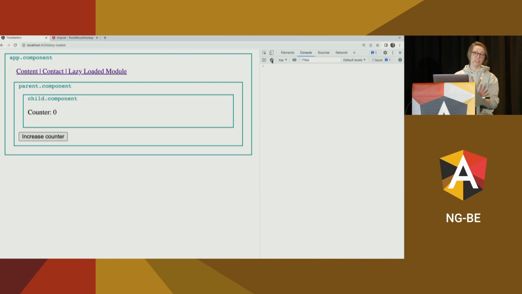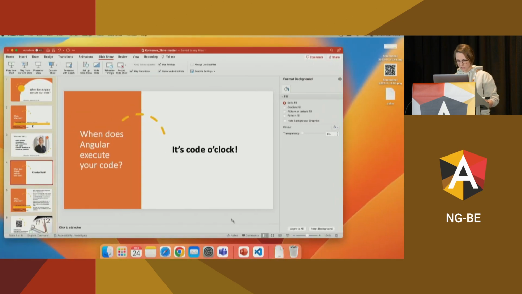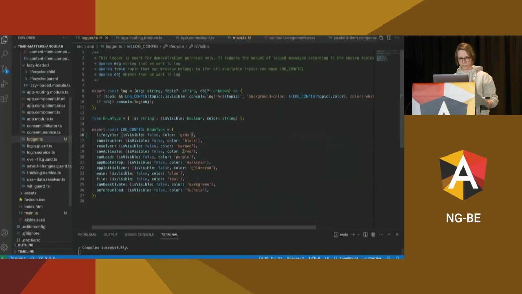You might recognize some enterprise-style applications here. I also prepared a logger, which is a fancy version of console log with some color and the option to turn off some logging for some topics. Give me a sign if you can see it okay, or I should make it a bit bigger. Okay? Good. Perfect.